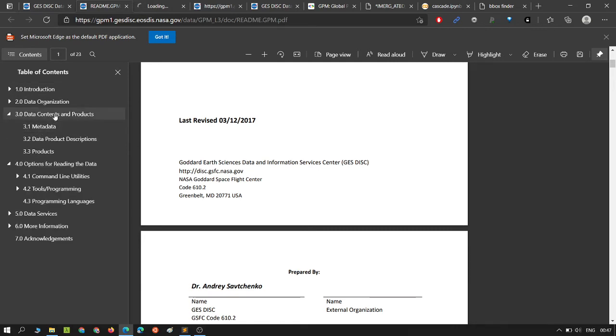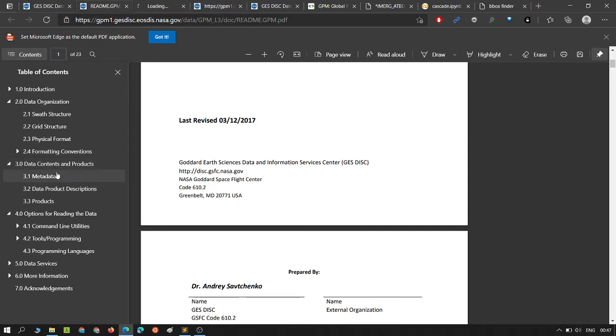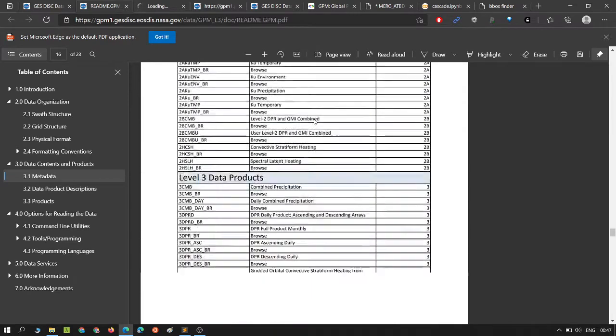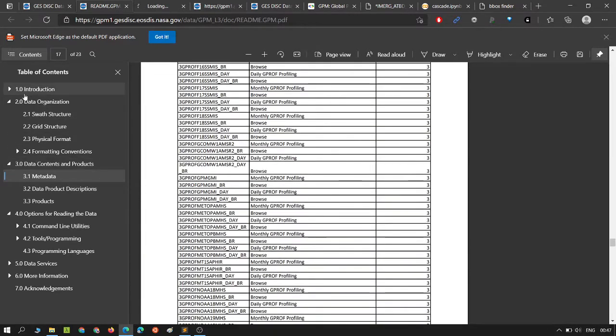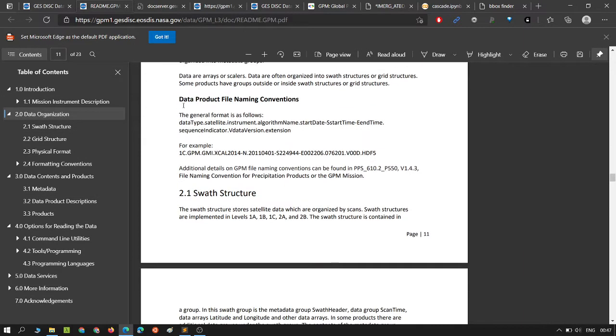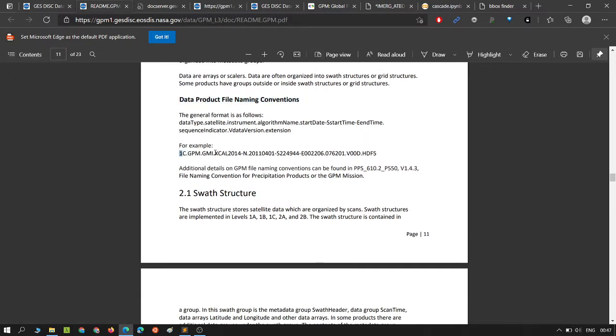Okay, so data content, data organization is where you have to go. This is not useful. I think data organization, right? Yeah. So you see, they've given an example as to what the format means.